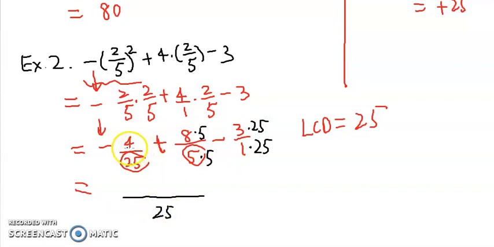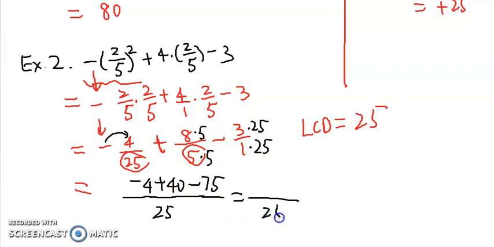Let's add the numerators. For this, since I just keep the denominator as a positive number, that minus sign will go with 4. So we get negative 4 plus 8 times 5 is 40, and minus 3 times 25 is 75. Now we add and subtract these numbers. Negative 4 plus 40 is positive 36, and 36 minus,